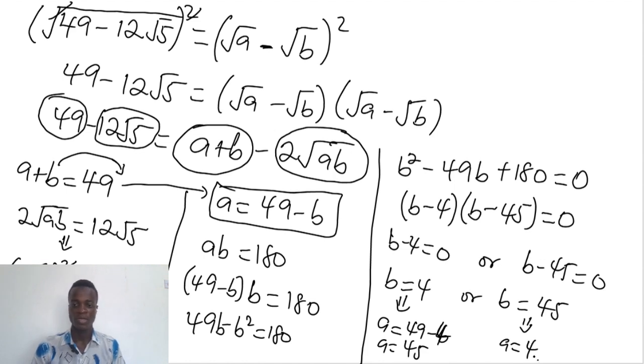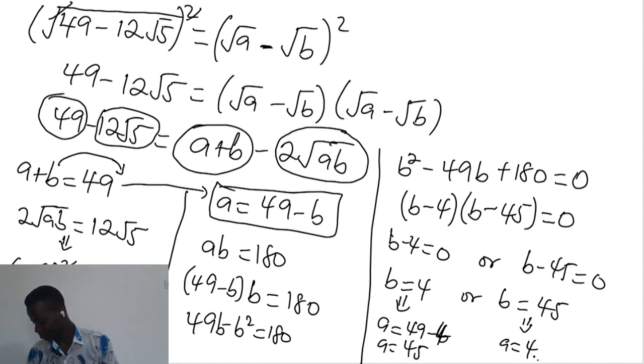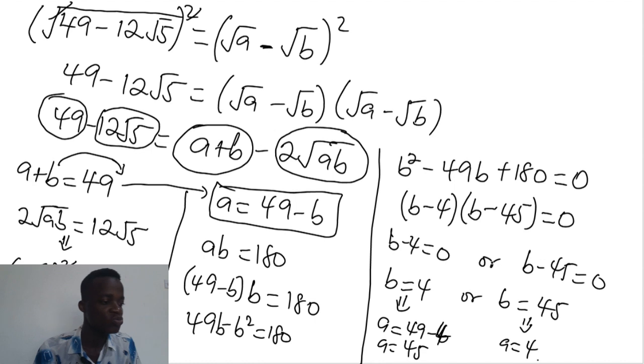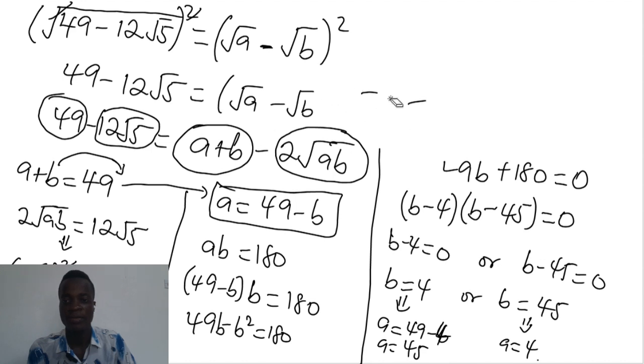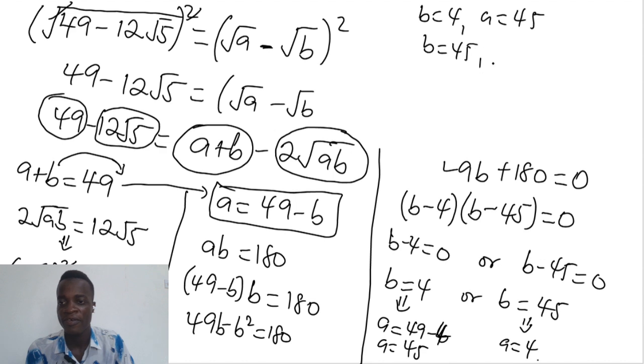Yes. So now we need to decide which one we should write first. By that I mean when we are done getting the answer, we show that when b is equal to 4, a equals 45. When b is equal to 45, a is equal to 4. But we said we wanted to write everything in such a way that we have